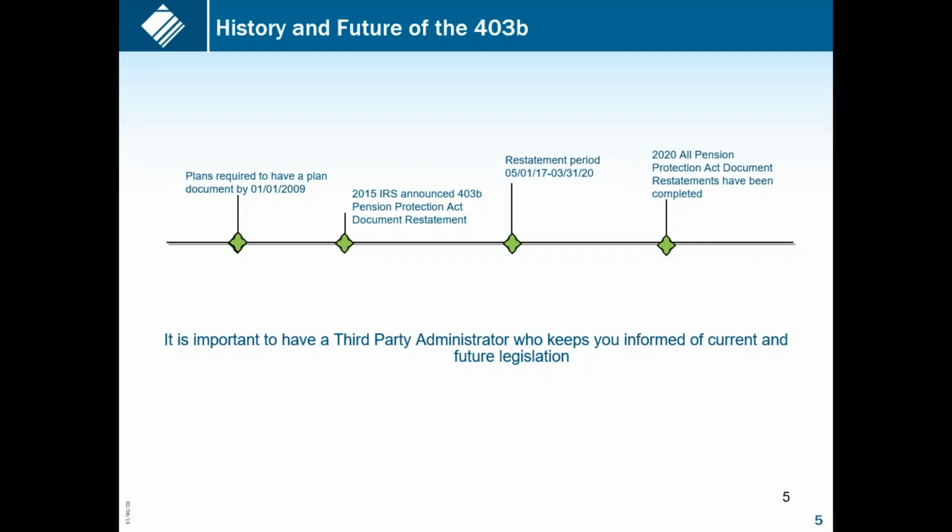An additional item that was updated in 403B plans was the hardship distribution. Since this update was during the same period of the plan restatement, this was included in your recent update. It can be found in the addendum at the back of your adoption agreement. We will also go into more details about this update later in the presentation.